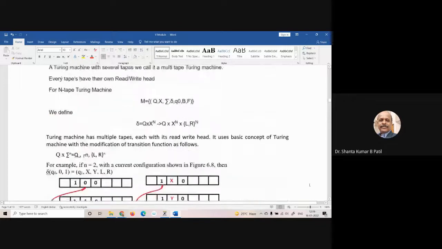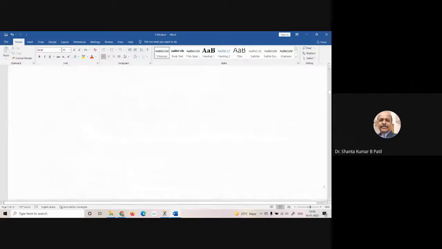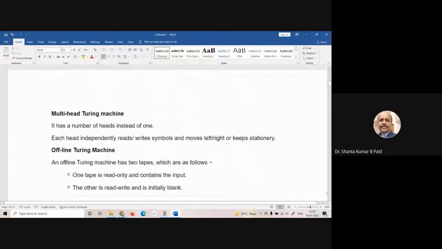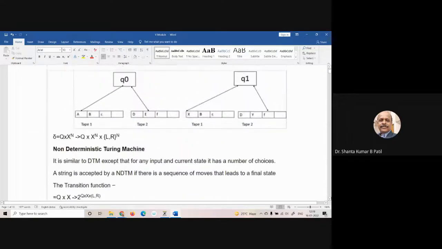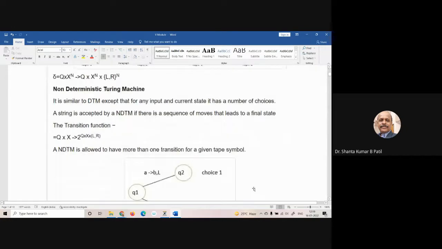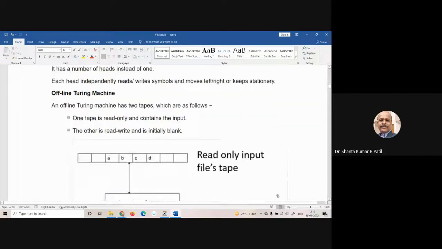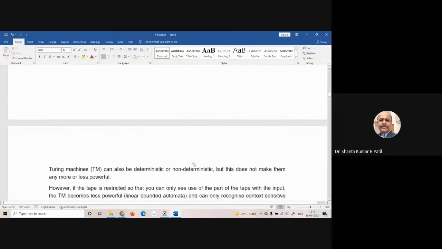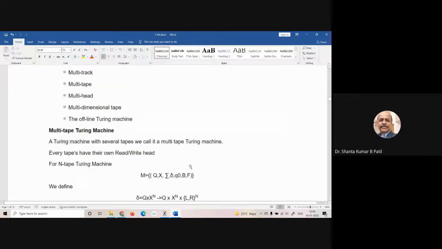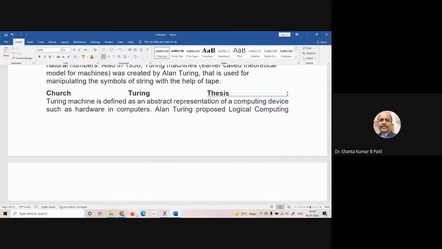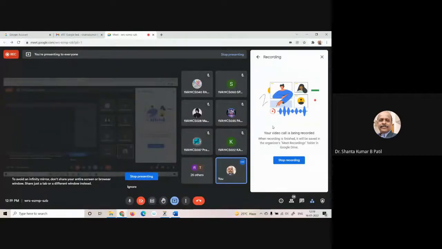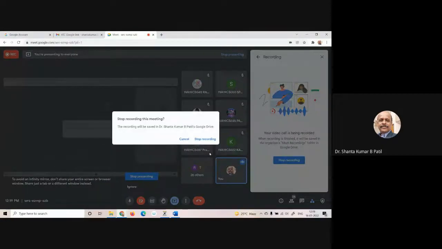Is there a multi-dimensional Turing machine? Somewhere I included the multi-head Turing machine and the non-deterministic Turing machine. Okay. With this, I have almost covered the questions which appear in the fourth model and the fifth model. Okay. Any